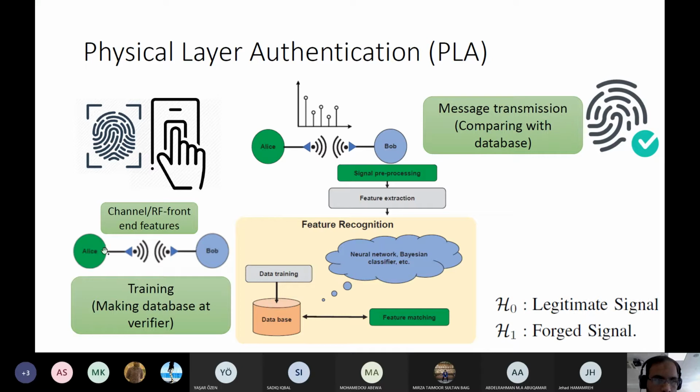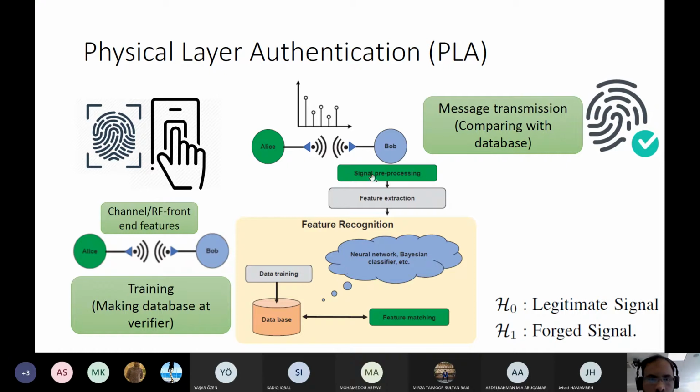So here it's the same thing. In the training phase, Alice sends a signal, and Bob stores the fingerprint or feature. Afterward, Alice or anyone else tries to unlock the phone, or send a signal to Bob.